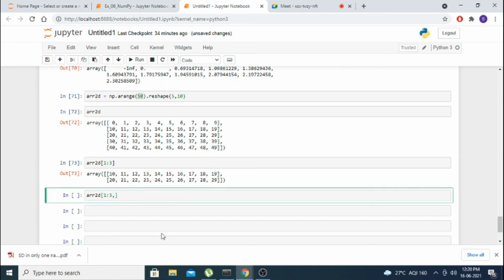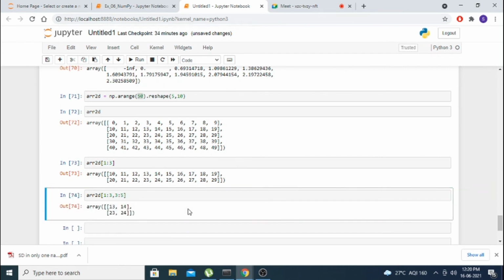So the third column, up to what do I want? Third, fourth, fifth. I want third and fourth only. N minus 1, no, so 5. You are getting the middle part. Only this you are able to get: 13, 14, 23, 24. Okay, so we can achieve it like this.